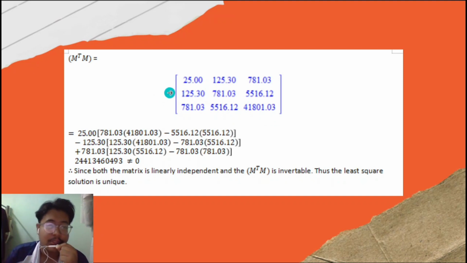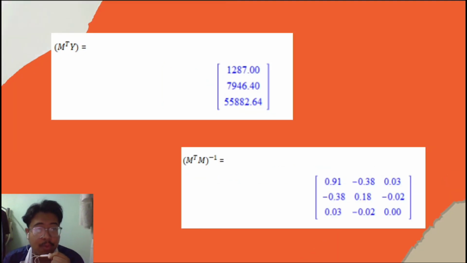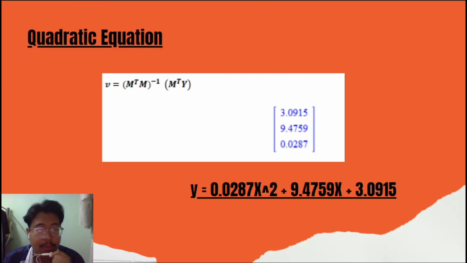So this is the M transpose M value. After we find the M transpose M value, we need to find the determinant of M transpose M, and the value of the determinant is not equal to 0. Since the matrix columns are linearly independent and M transpose M is invertible, the least square solution is unique. So we need to find the value of M transpose y and M transpose M inverse, and we can